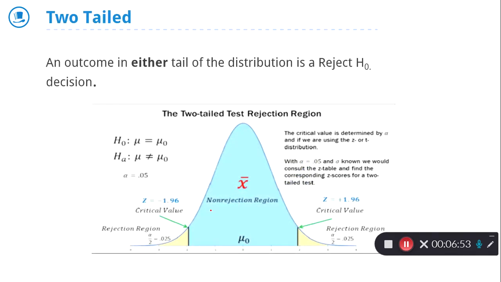Two-tailed tests are a bit more complicated, and this shows the two-tailed test rejection region. Right, if alpha is 0.05, we're using the z-test for this, so the critical values are positive 1.96 and negative 1.96. We would reject the null hypothesis if the outcome is in either tail. It can't be in both. We only have one outcome. But, right, this is important. Which tail it is in tells you whether we have above average, greater than, or